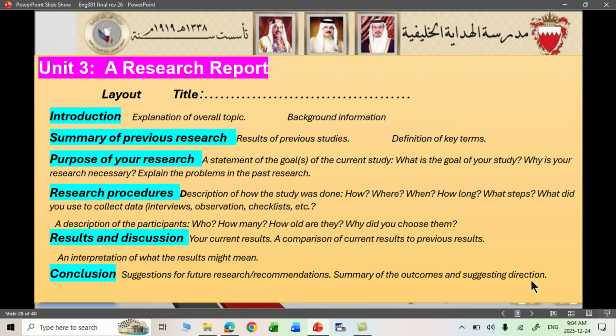All right. So again, please, this is very important, gentlemen. The headings that are highlighted here should be written. Okay, not only the content under each of them, the heading should be there and the content under it. All right.